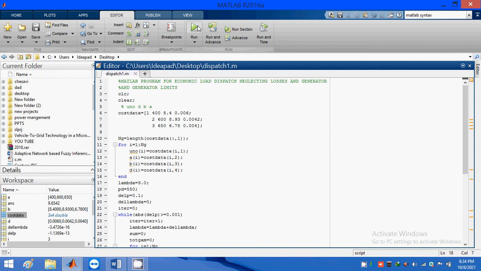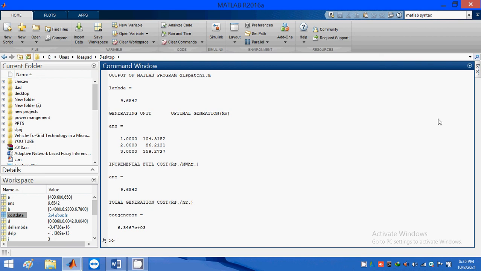After the simulation run we have the result in this box. This is the result, the optimal scheduling of each generating unit, for PD equal to 550 megawatts.